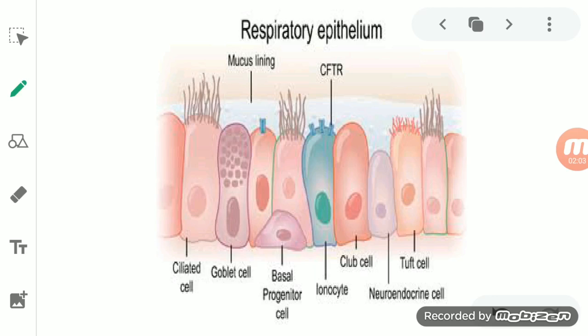Okay, now see here, the columnar cell has a free end also, like the cuboidal cell. So if that free end consists of cilia, we call it a ciliated columnar epithelium. Now again, these cilia have a function, and on that basis the locations are also classified. So you see, what is the location of the ciliated columnar epithelial tissue?